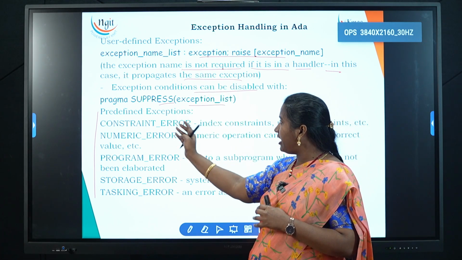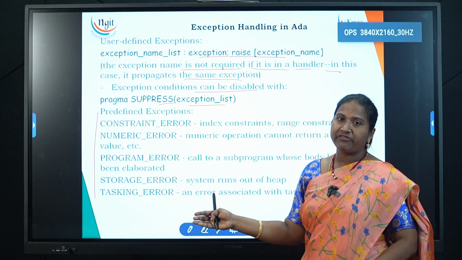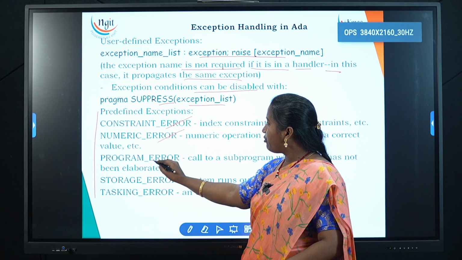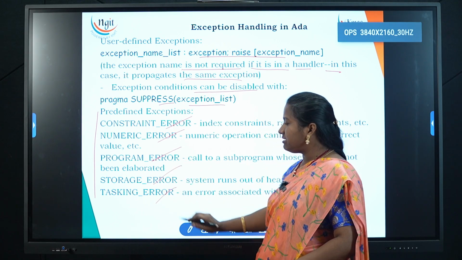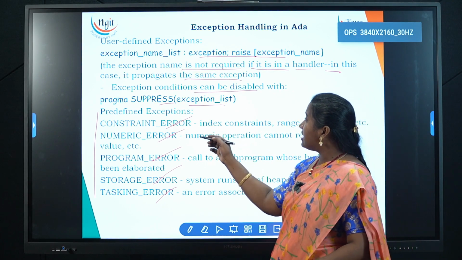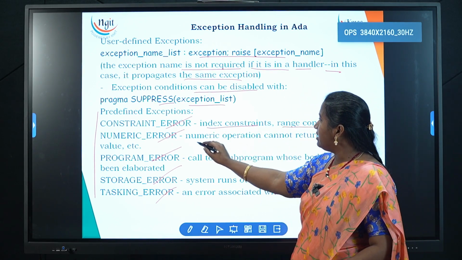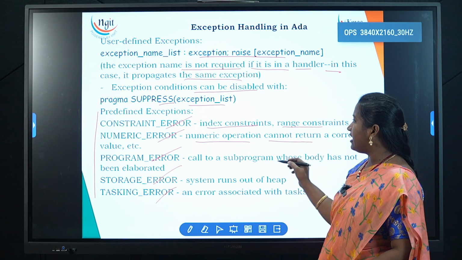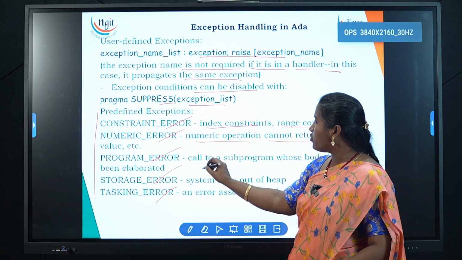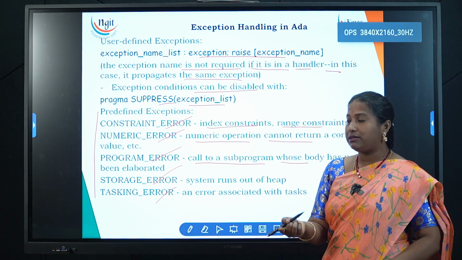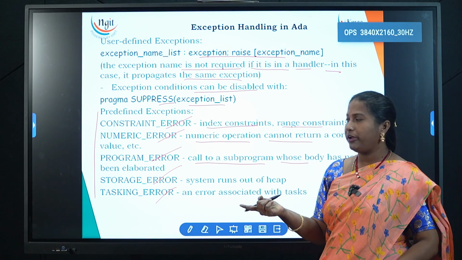If it is predefined, there are 5 types of predefined exceptions: constraint error, numeric error, program error, storage error, tasking error. Constraint error is for index constraints or range constraints. Numeric error is when a numeric operation cannot return a correct value. Program error is a call to a subprogram whose body has not been defined or elaborated.